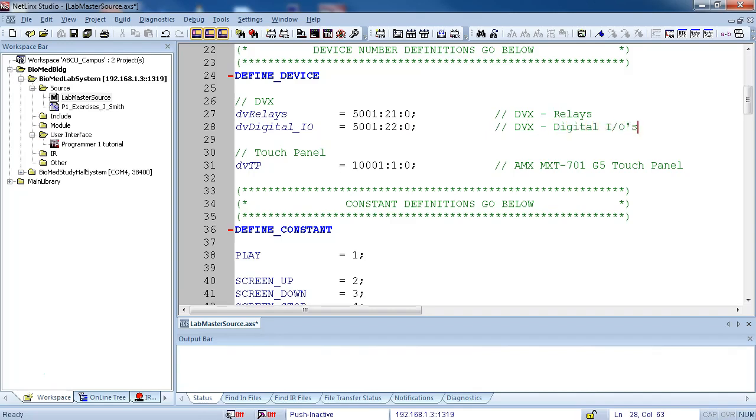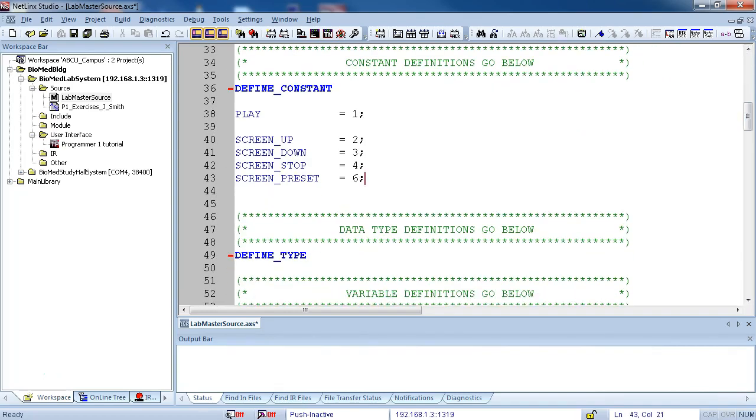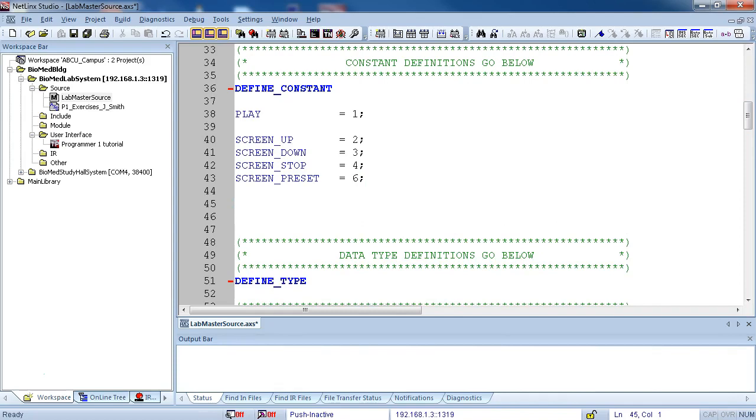Next, we move on to the define constant. Let's add a blank line right below screen preset and add the digital I/O channel number for our beam breaker laser beam. I'll call it beam breaker. If you remember from earlier, we wired the beam breaker to input 8, so just assign an 8 to the